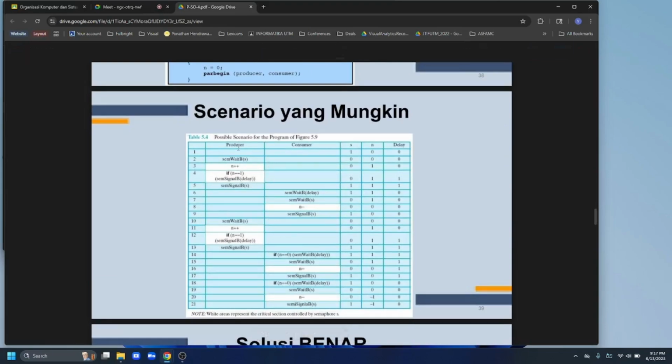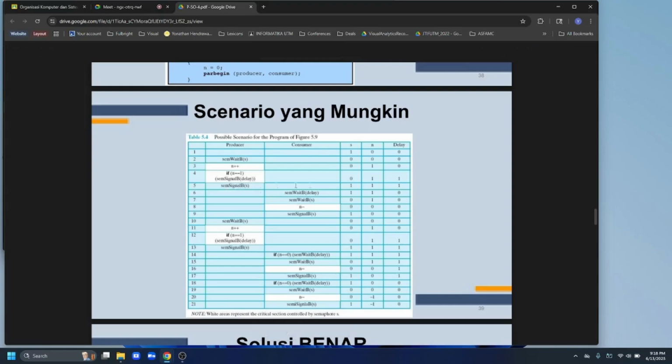So from the producer, it executes semWait(B), now S is 0, n is 0, delay is 0. And then n is increased, n is 1. If n equals 1, then semSignal(delay). Delay is 1. And then semSignal(B).